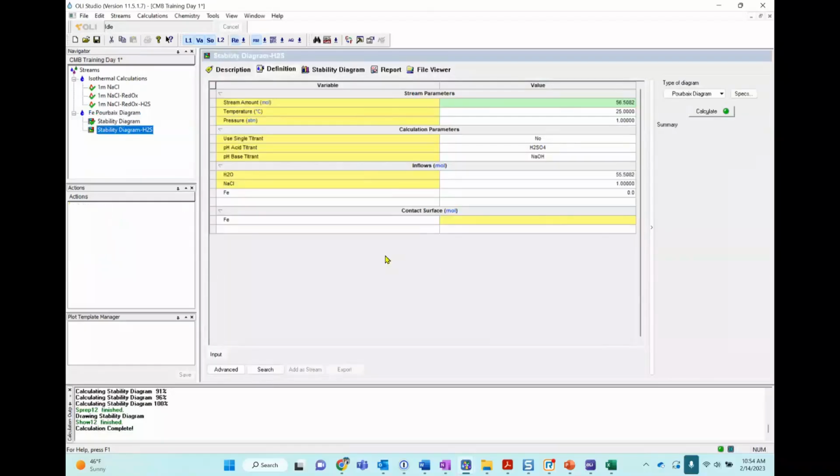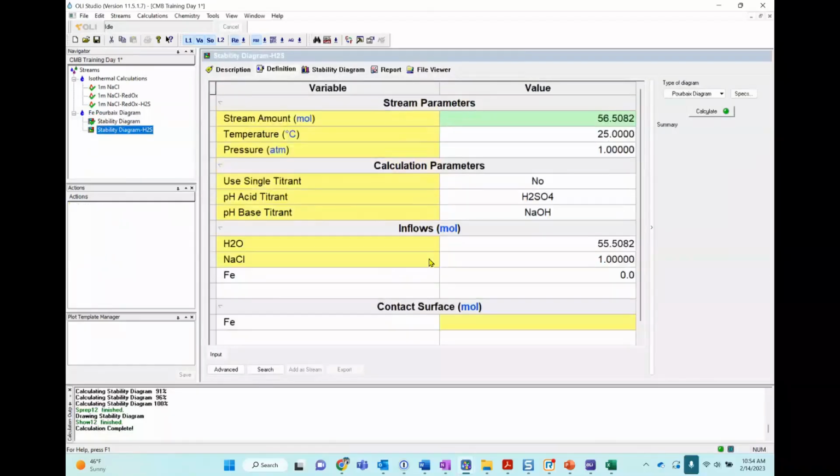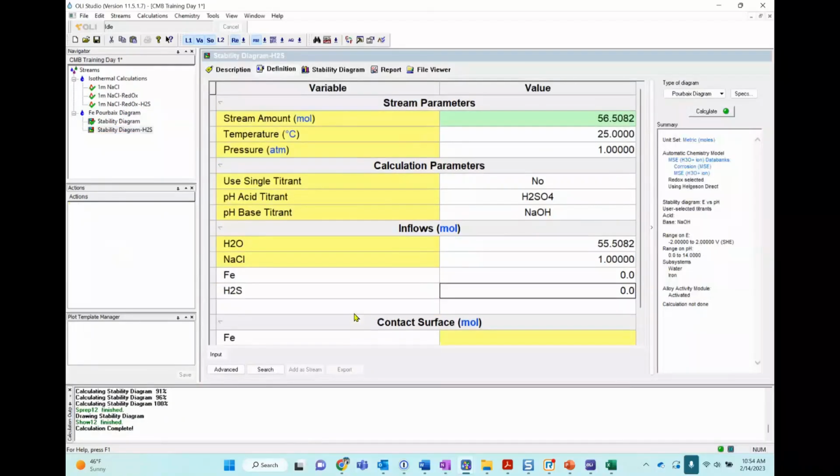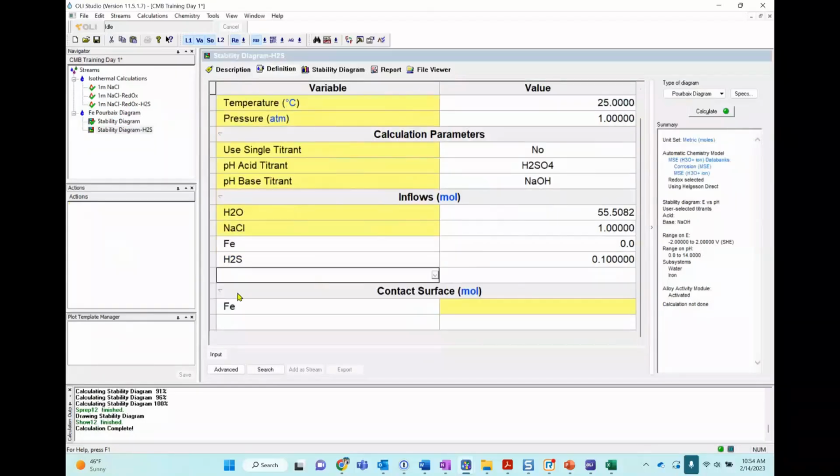So we go back to the stability diagram and say, in our inflows, we also have H2S, hydrogen sulfide, a very small amount, 0.1. Everything else remains the same: my titrants, my hydrochloric acid, and my contact surface.